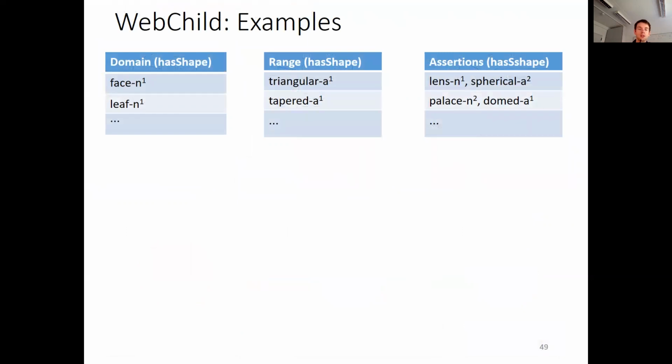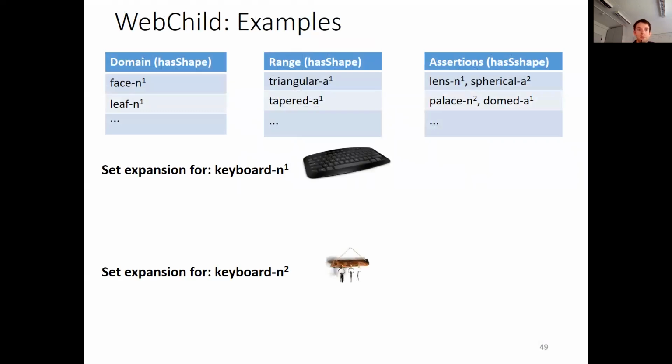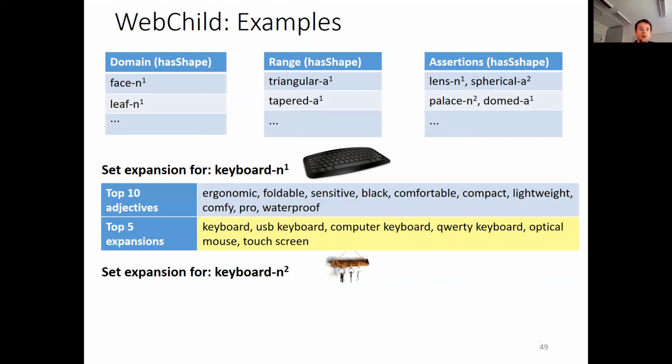And here are examples from WebChild's resulting statements. So what is in the domain of has-shape? So faces and leaves have a shape. What is in the range of has-shape? Well, shapes can be triangular or tapered. And what kind of assertions for the has-shape relation are there? So for example, lenses are spherical or palaces are domed. And WebChild can be used for